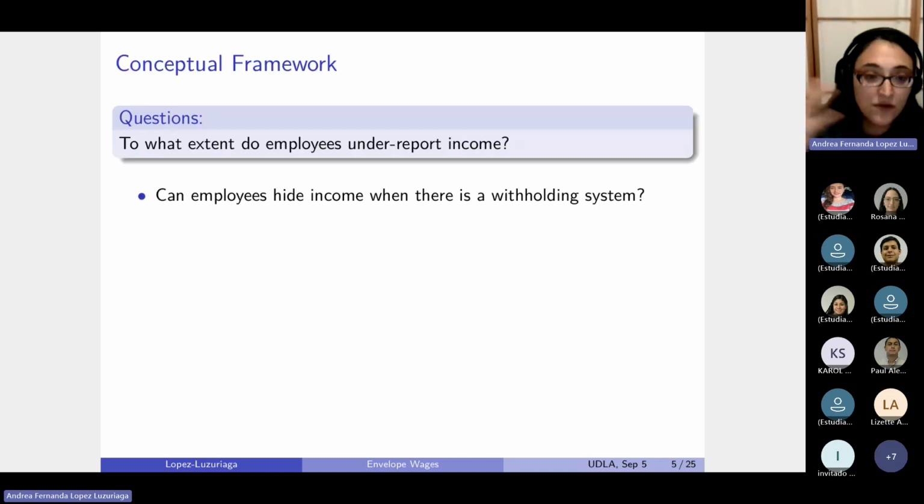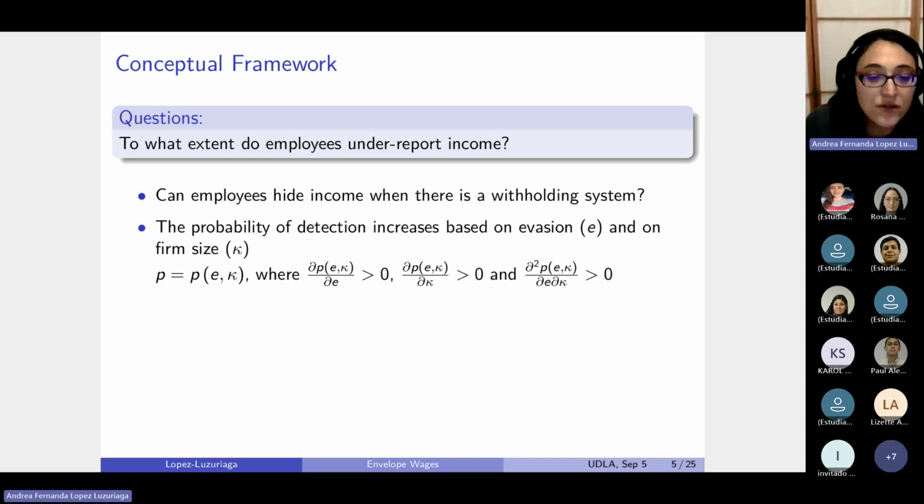So a little bit of the conceptual framework: if I have a withholding system, can employees hide income? That is basically the motivating question. So to do this, the first change that we're going to make to the regular evasion model is saying the probability of the tax authority detecting that you are underreporting income will have two arguments. One will be the size of the underreported income, so the size of the evasion, and the other one will